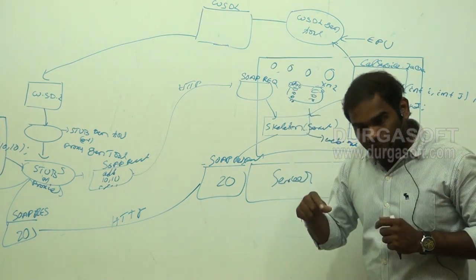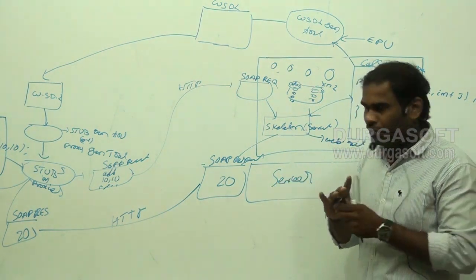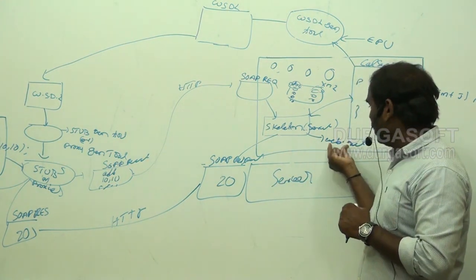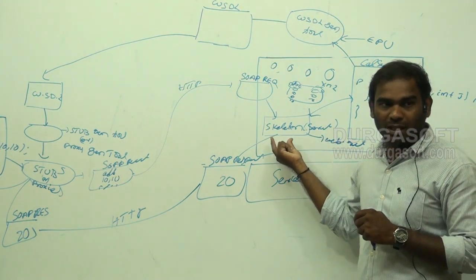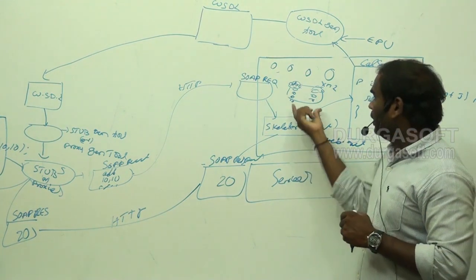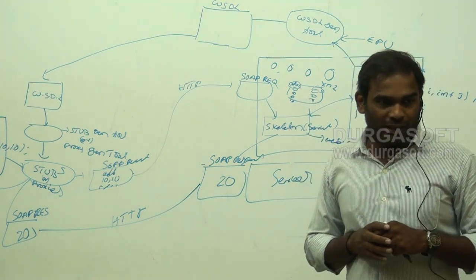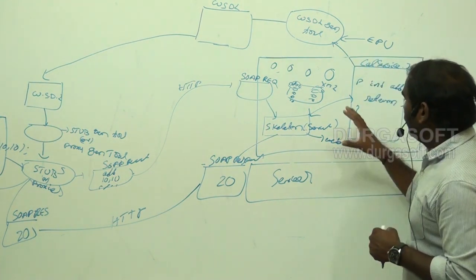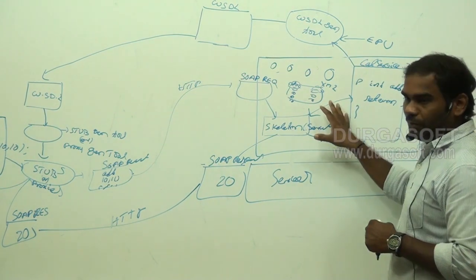So every web service should have some common structure. What is the common structure? Simple. Service class, web.xml file. Why web.xml file? You know that. Why web.xml file? To configure the Skeleton. And the next one is the web service configuration file also here. Understood or not? Fine. Okay. So these are the steps we need to follow to develop the web services here.